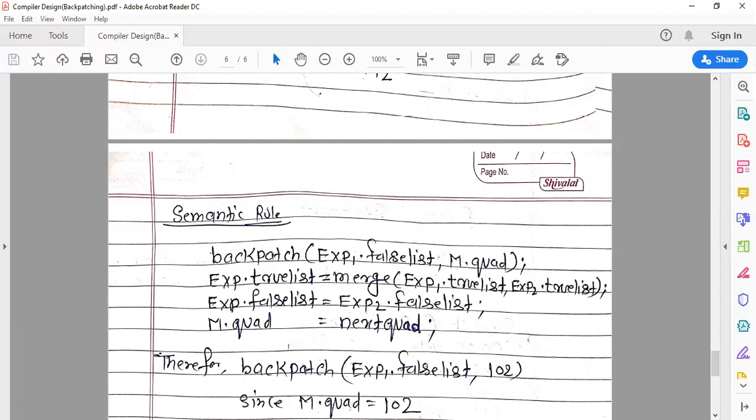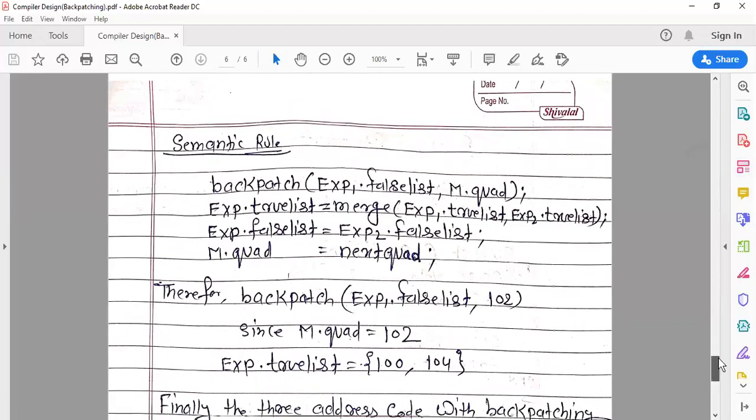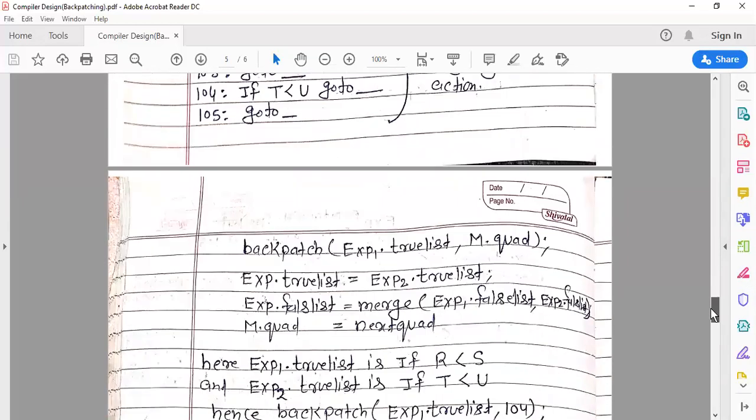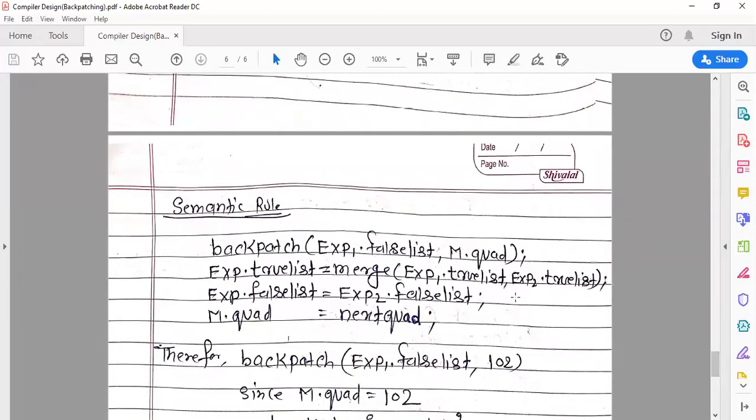As previously, we have m.quad at this node, and here m.quad is 102. What does this SDT say? This SDT says this 102 is inserted into exp1.falselist.